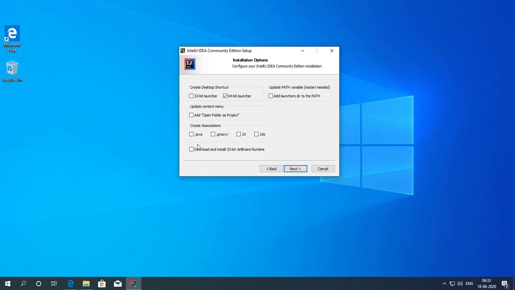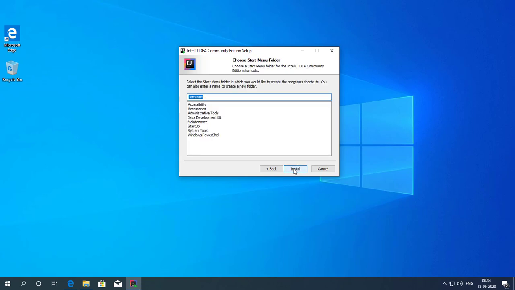So I am only going to develop the Java program, so I am selecting the .java extension. And this is the update path variable, restart needed. So I am not currently updating the path variable for the IDE because it is not necessary now. So I am selecting these options and clicking the next. Now again click on the next, install.